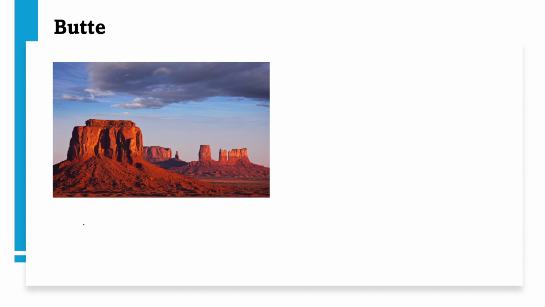So a butte is coming from a mesa. If you have a mesa here that has a bigger diameter than the height, it will go through the same process of scarp retreat or backwasting. So all of this will be eroded away. The sides will be eroded away, and when the sides are eroded away, we will remain with something that is way smaller. And this is now your butte. So your butte is basically coming from the mesa.